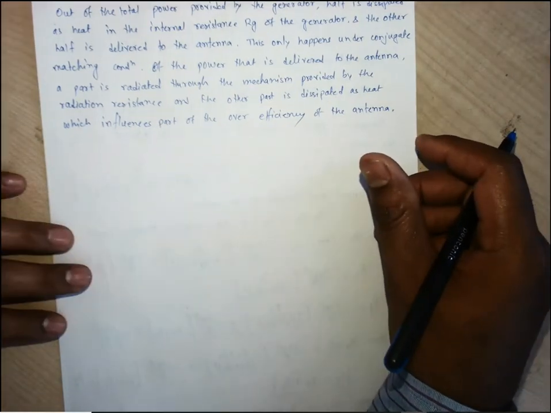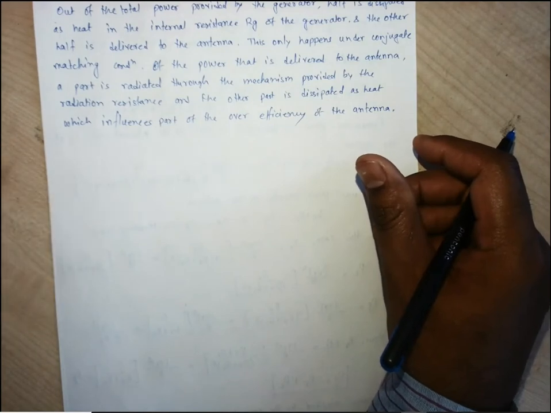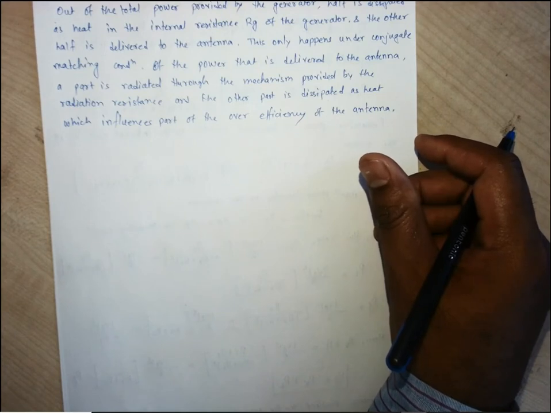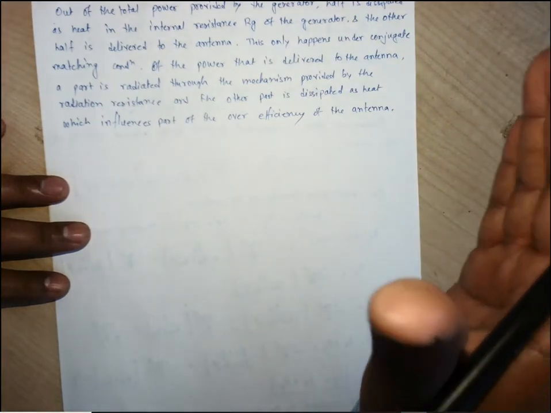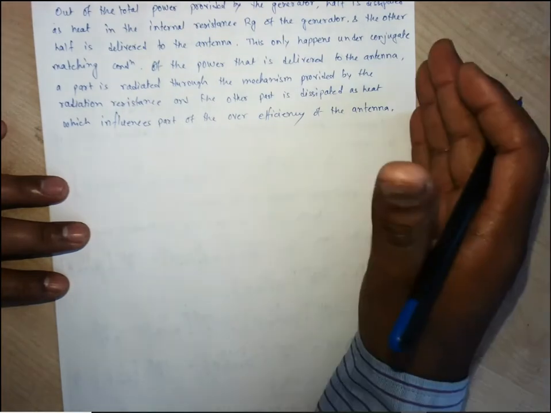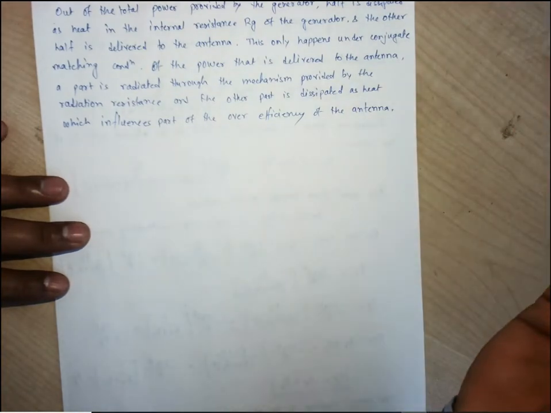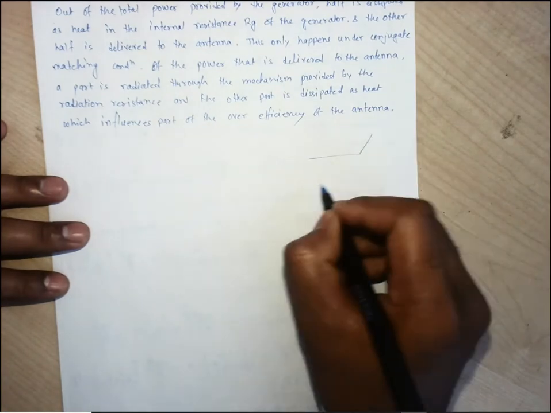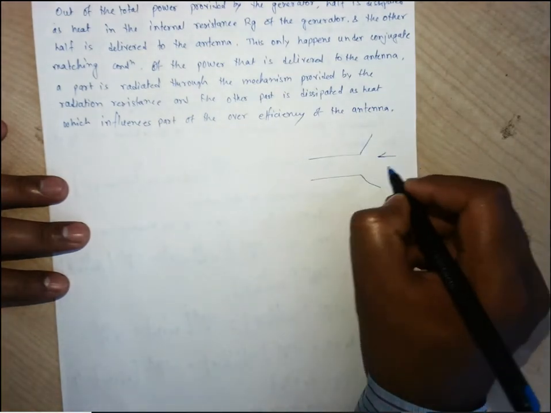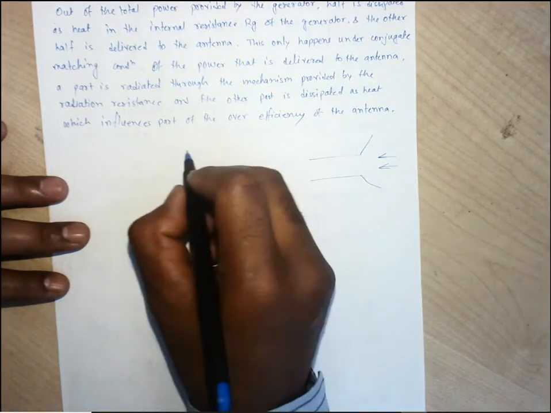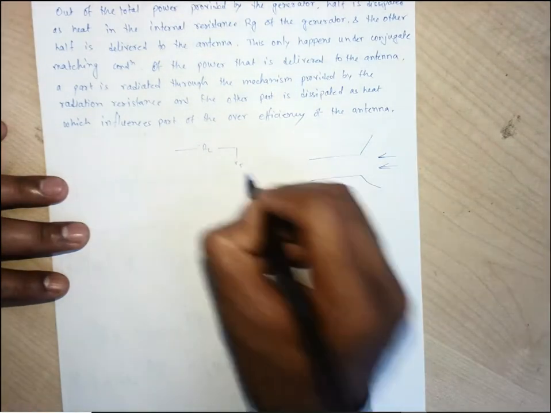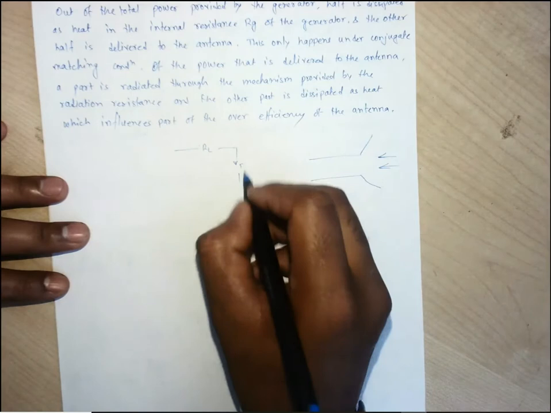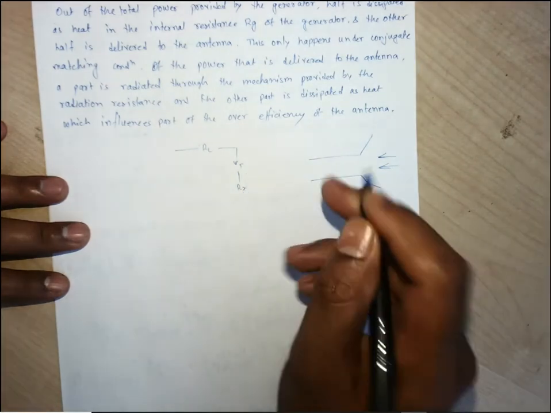Same we can find out for the receiving mode. Just assume a receiving antenna, the waves are incident on that antenna. On the right hand side we have the voltage and current which get induced from the incident wave. So if we have this antenna structure, some waves are incident on this, we can have this resistance RL. In that side the voltage VT gets induced, again some radiation resistance RR will be there, for which this VT gets induced.